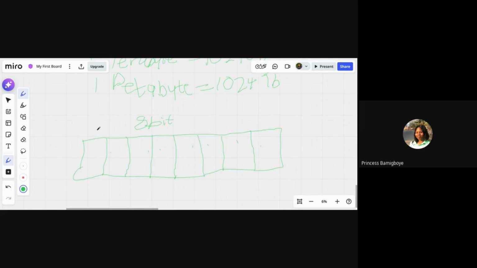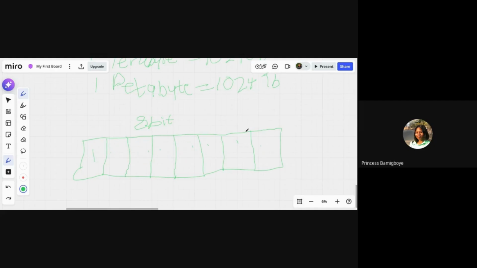As a human being, if you want to count the number of these rooms, how would you count it? You start from 1. You write 1, 2, 3, 4, 5, 6, 7, and 8. But now, let's assume you were a computer system.